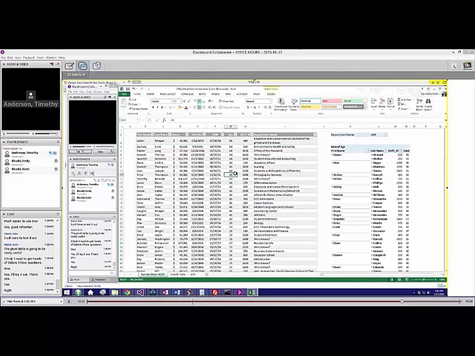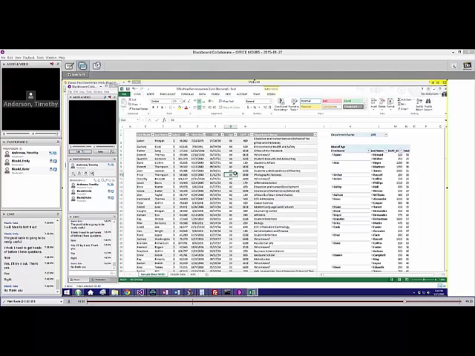So any questions on anything? I want to show you one more thing that you can do with these tables too, and then we'll wrap it up. But I just want to see if you had any other questions related to what I've covered so far with the basic features of a table or pivot table. Nope. Okay.